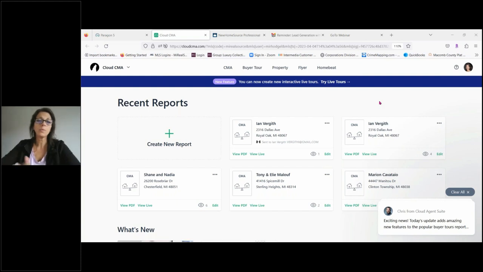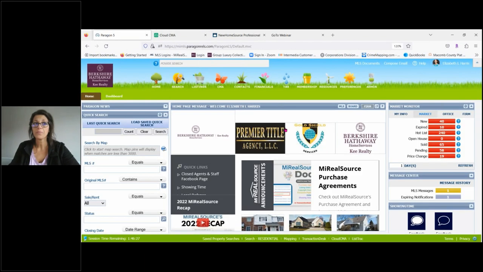If you would please just log into your Paragon page, we're going to start off in Paragon, and I'm going to take you through all the different lead generation options that you have. Please log into your Paragon account, and the first section we're going to go into is Cloud CMA. I have mine all set up at the top here. Just log in, and I'm going to take you into Cloud first, and I'm actually going to turn off